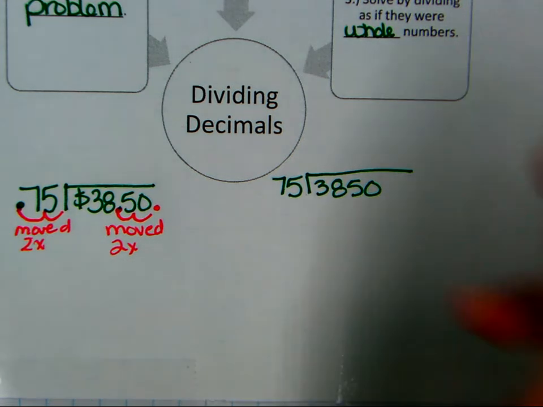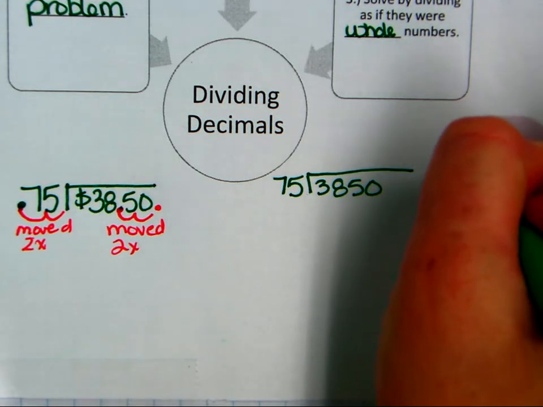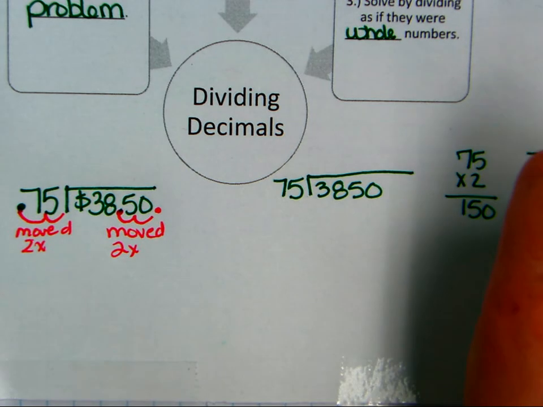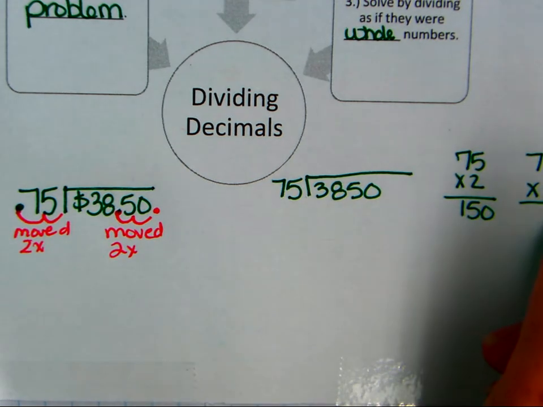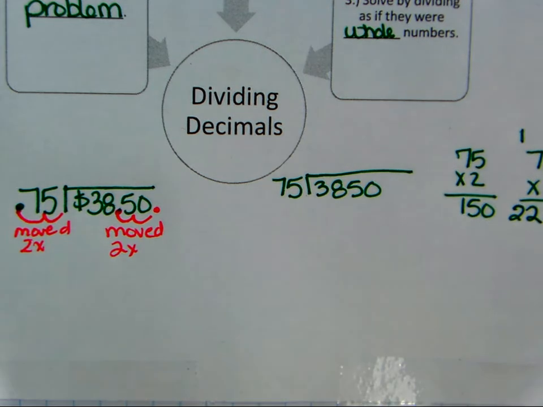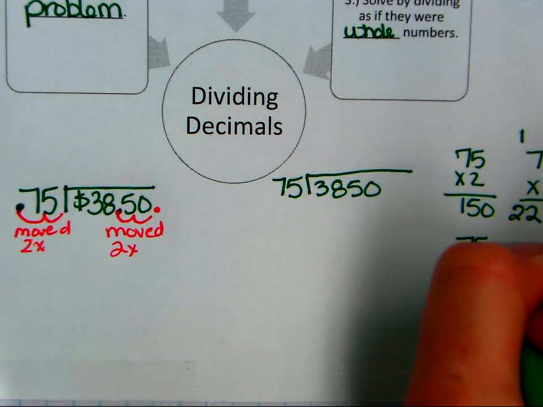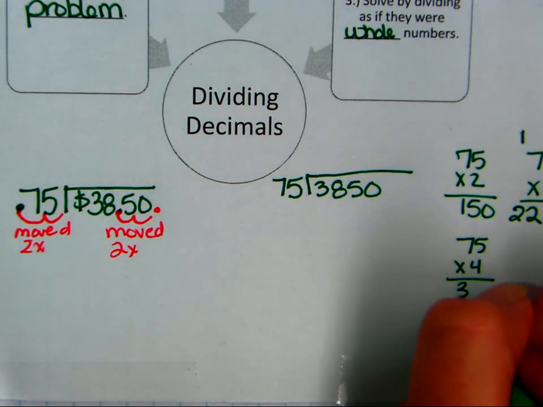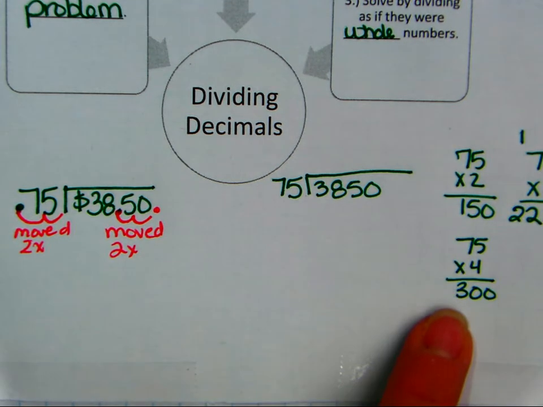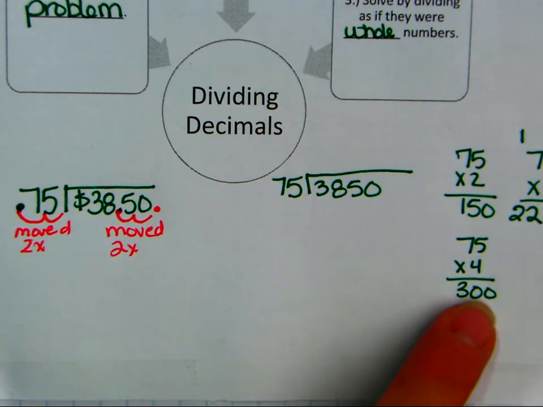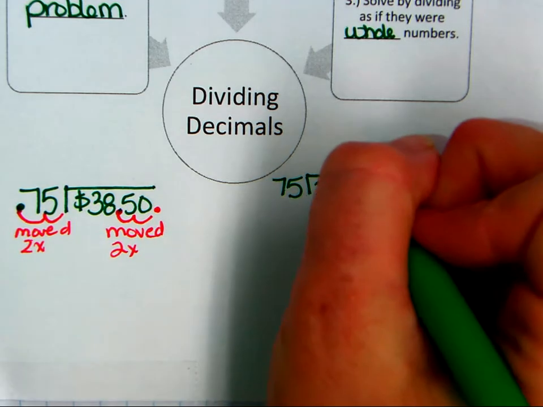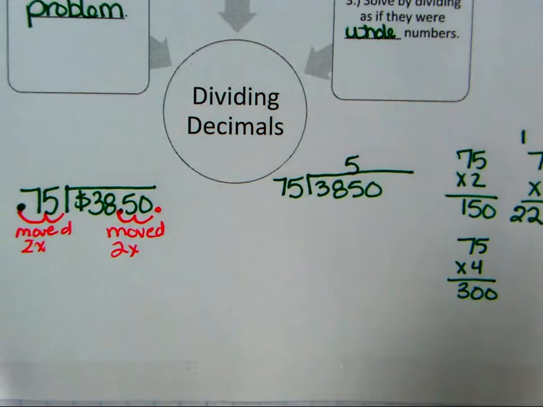So I need to make an educated guess. Well, I know that 75 times 2 is 150. I can do 75 times 3, which would be 225. I could do 75 times 4, which I know would be 300, because times 2 is 150. Well, if I look at 300, and I know I have 75, I know that if I have 75 times 5, I'm going to have 375. I'm just going to make a guess there. So I'm going to say that 75 times 5 would be